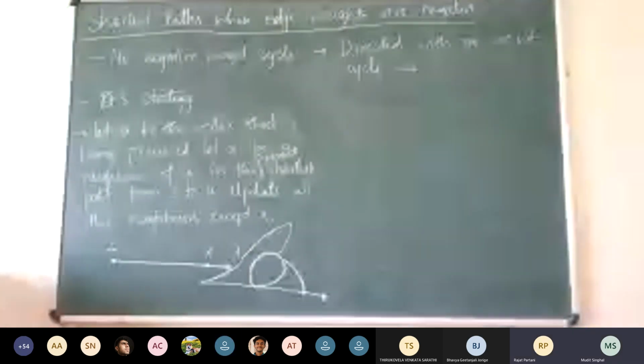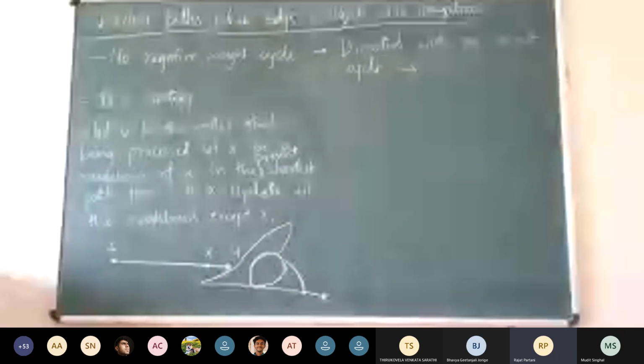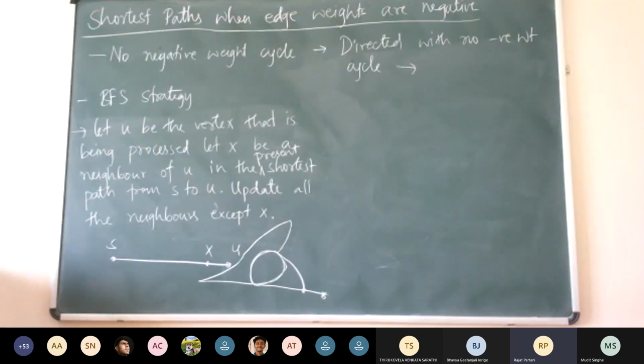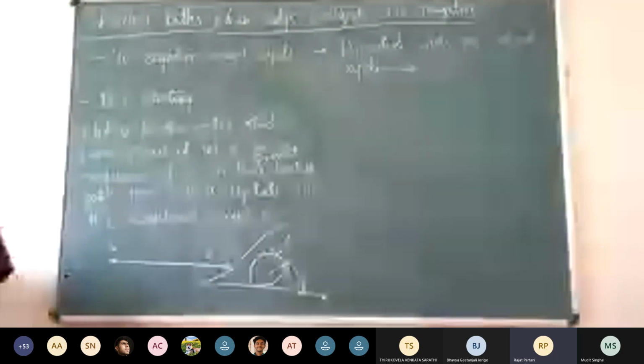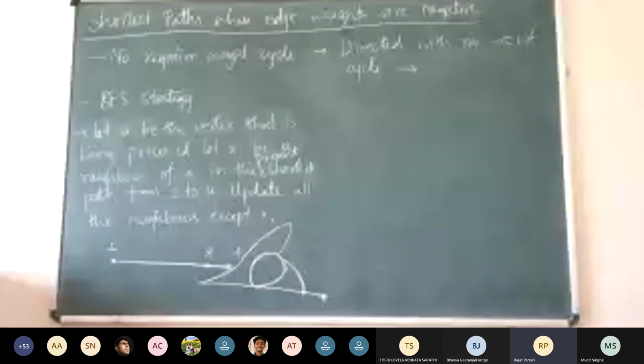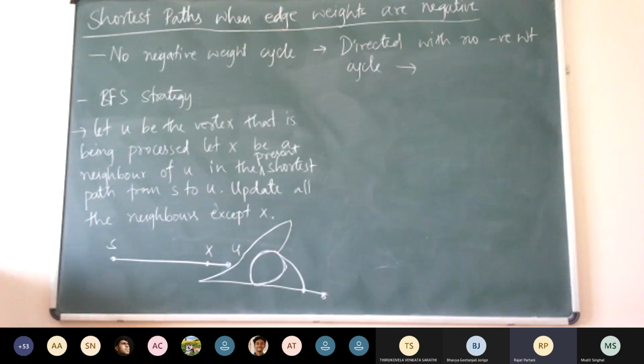No, sir. So without any negative, again sir, the previous argument, one of the vertices has to be the minimum in the queue. No, that was Dijkstra's. We are not talking about that. Yes, sir, Dijkstra's. I'm building upon that, sir. Like in this graph, there are no negative weighted cycles. So if there are two vertices with the same weight, and they are least, then at least one of them should have the correct distance, because we cannot cycle back to it using the remaining vertices, something like that.